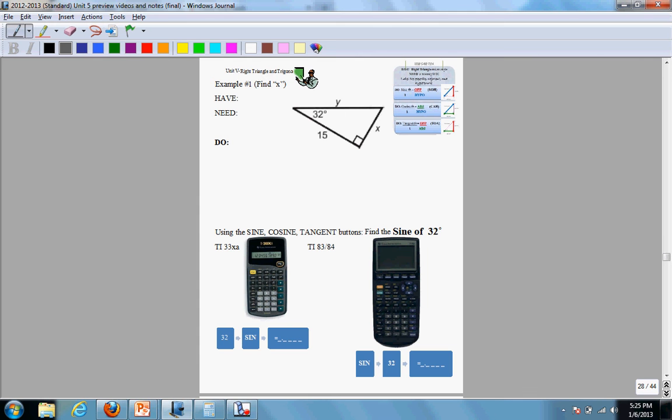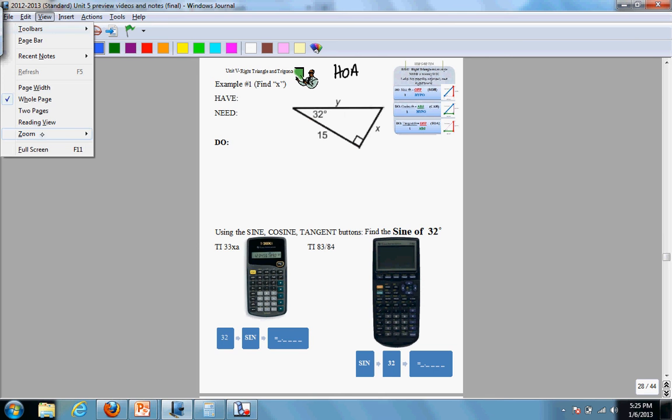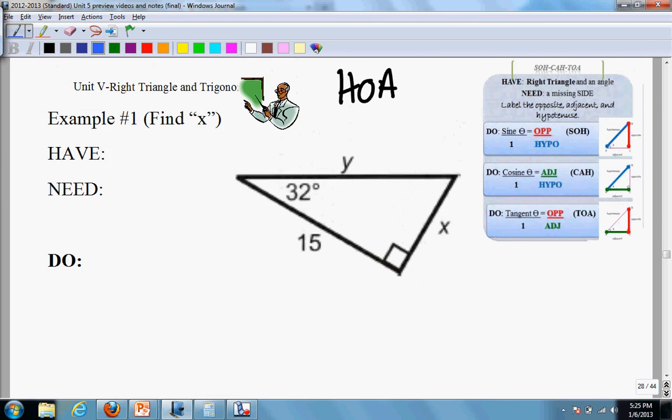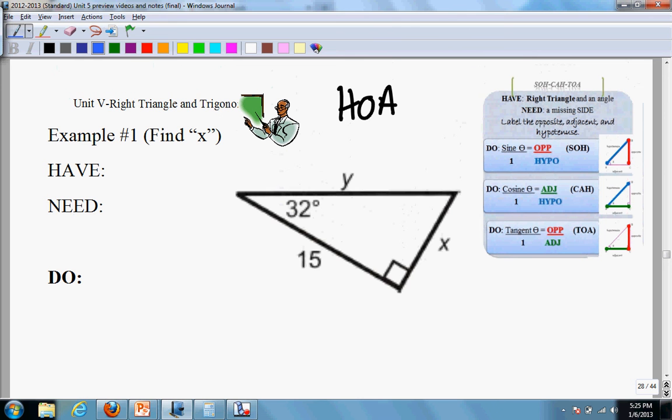Okay, so let's start by labeling. We always start by labeling HOA, opposite, adjacent, and hypo. So in this triangle, and draw this really carefully, in this triangle,